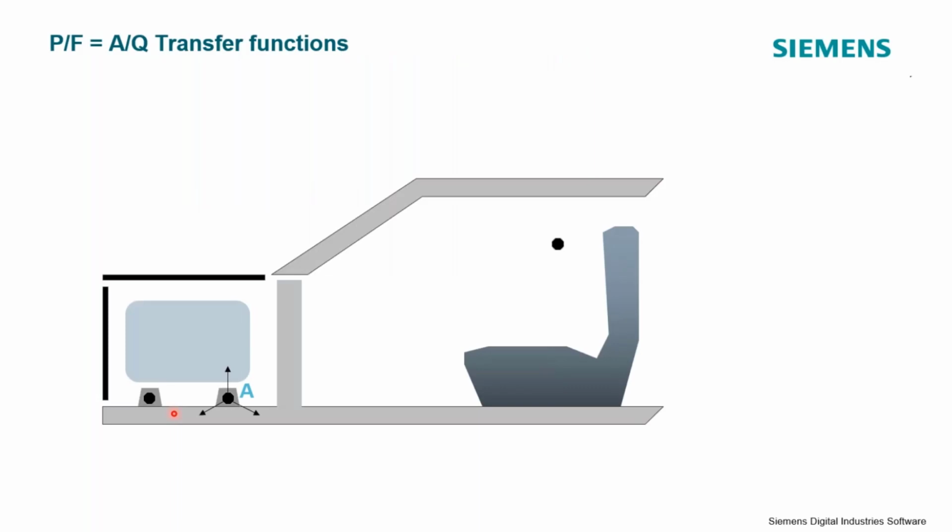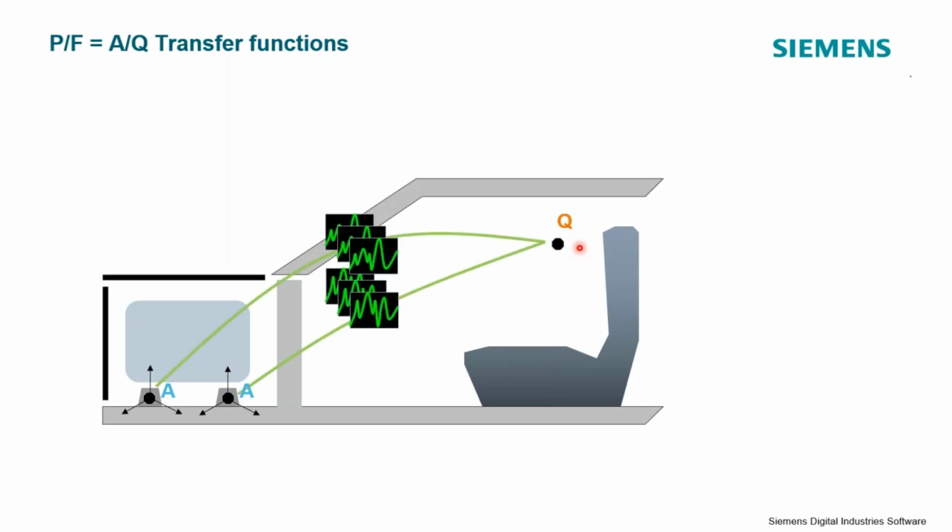There are triaxial accelerometers, and this is where the advantage is really going to pay off for me, is I can measure X, Y, Z with one measurement, putting an accelerometer at my engine mounts, and then up here where my response was, I'm going to put my acoustic force. Because I can use the equivalency between a P over F and an A over Q, I can do all of these measurements in one shot and measure all 6 transfer functions, A over Q's or P over F's equivalent, by doing one measurement, okay?